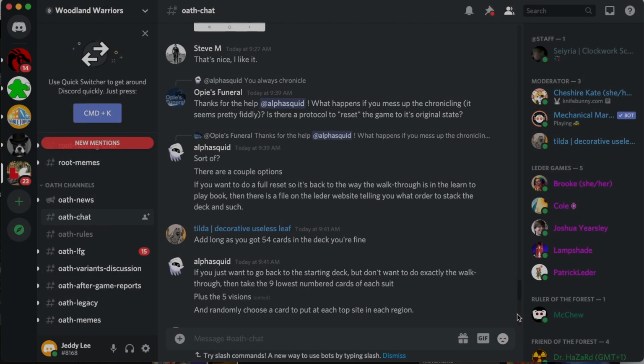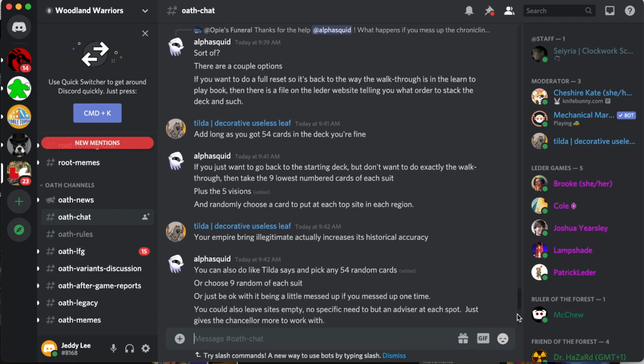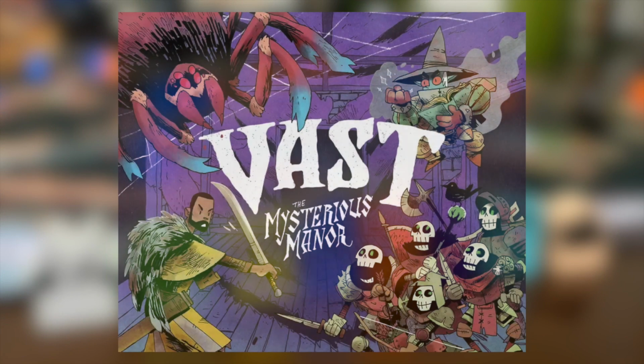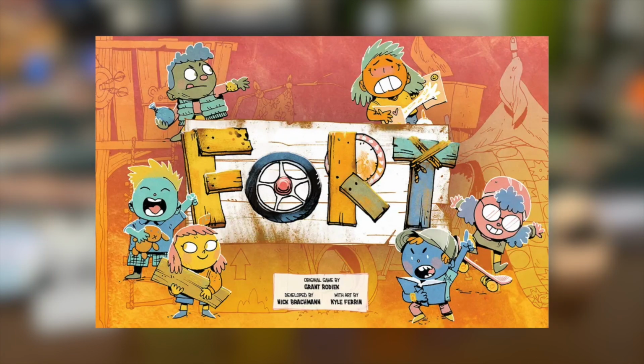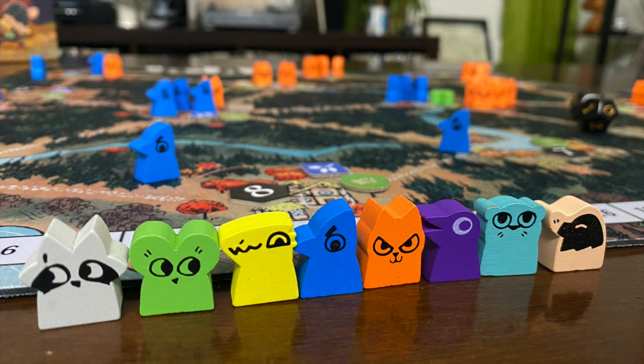The seeming fanatical devotion to Oath is built on pedigree. This is a Leder Games follow-up to the immensely successful Root. Sure, they've had releases between the two, but one was a standalone revamp of a prior game, and the other was a small-scale re-implementation of another. Oath, however, is their first totally original release from the same publisher, designer, and artist as their woodland game of